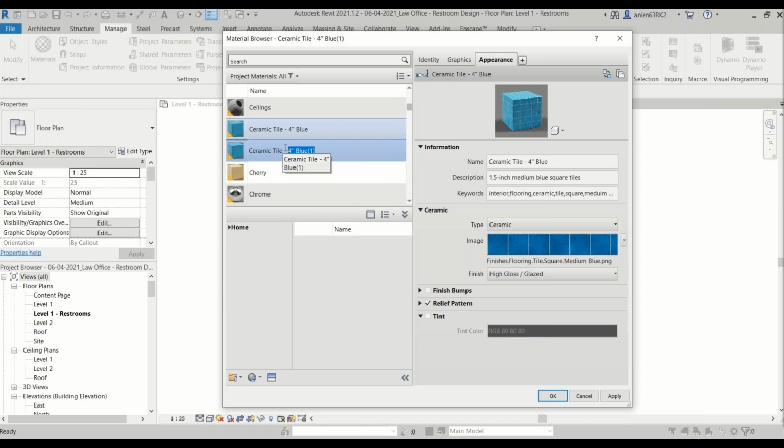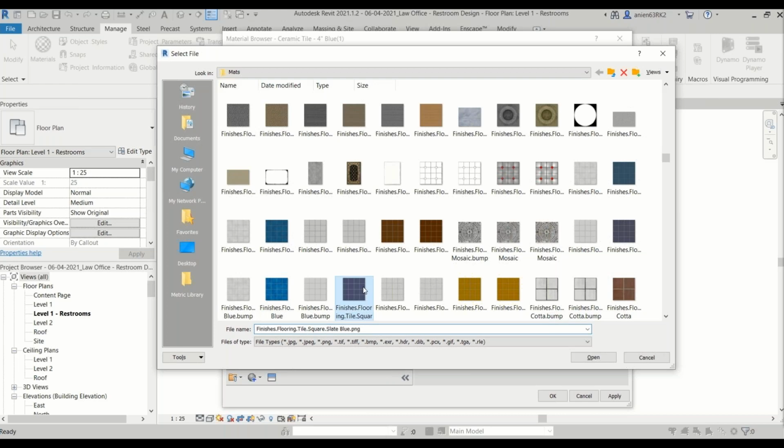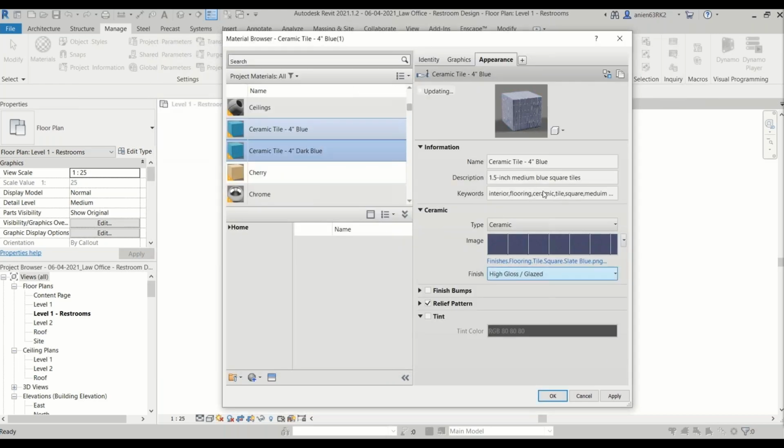Once I've duplicated the material, I can go and rename it. But note now, if I go and change the type of tile and make it a darker color, because I haven't duplicated the appearance asset, it will override my original material as well. And that's not ideal. So the right way of doing it will be to duplicate the appearance asset, and then